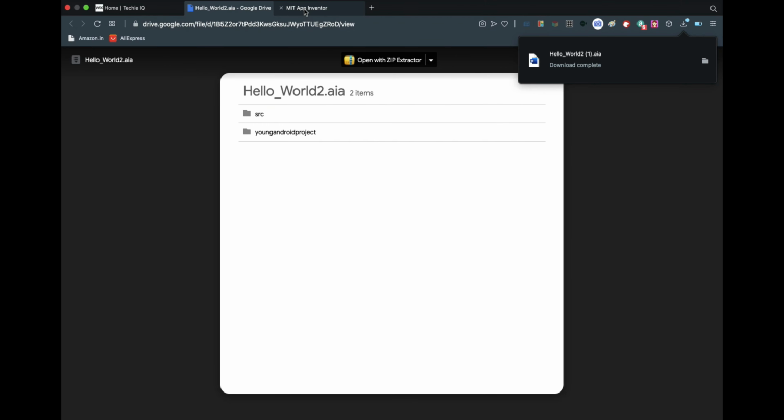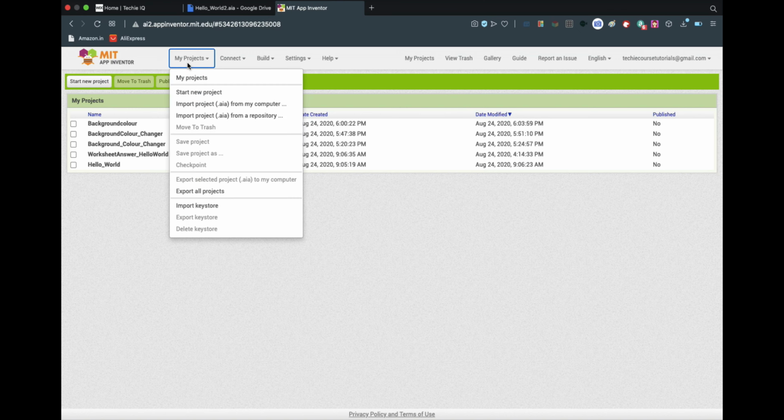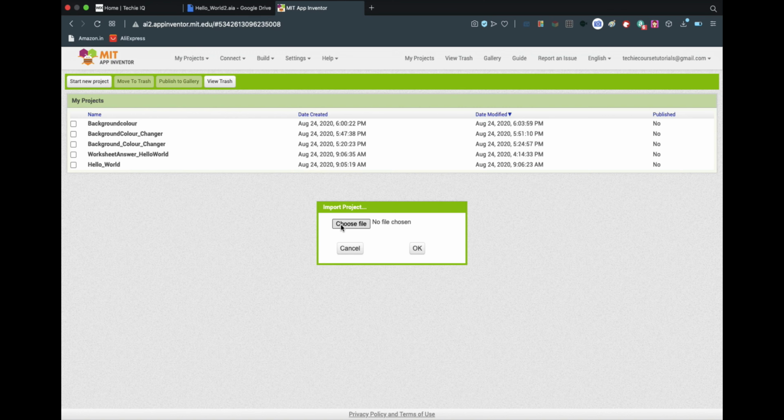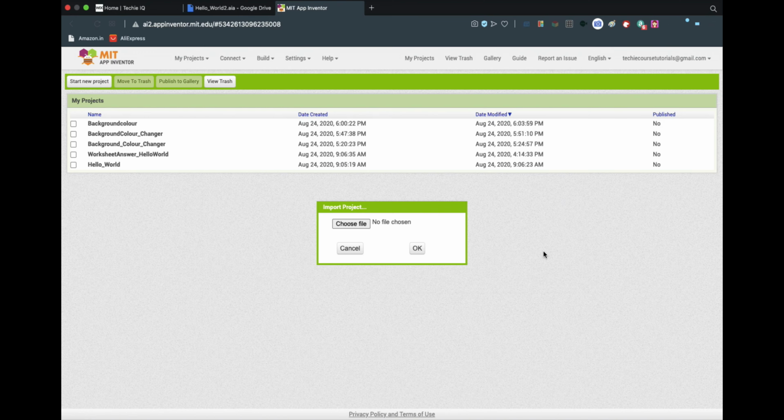So just go to App Inventor now and click on My Projects and say import project AIA from computer and click on choose file. So I just choose the file which we just downloaded and I click on open and just click on OK now.